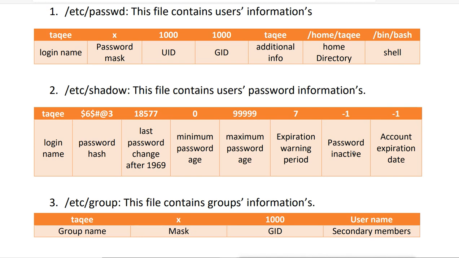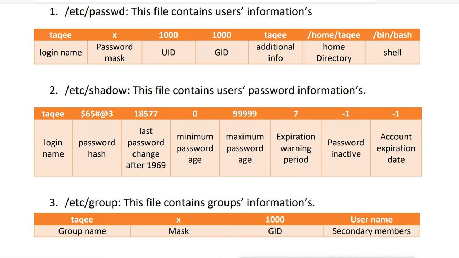Then the second thing, the last thing, is about the account expiration date. This is also -1, that means before the password expires, 1 day before, it is going to expire the account itself. That means your password and account both will be expired at the same time, 1 day before, that means -1 from this 99,999. We can change this value, this is the default one. Now account expires means the account will expire and you are not able to use the account.